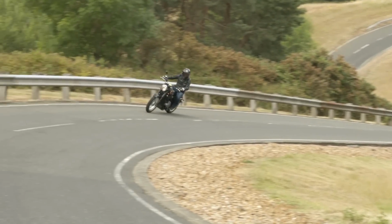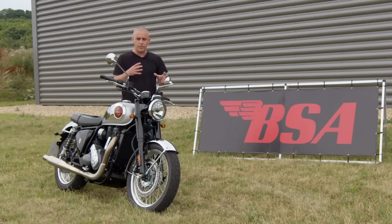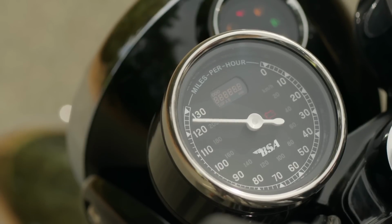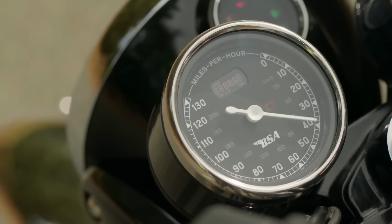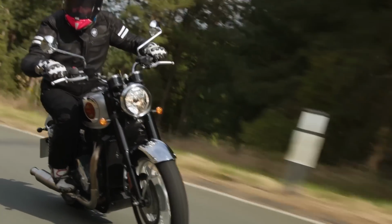It's very light. The gearbox is very direct. It's very easy to use, and all of that translates into a feel that you could get on this bike never having ridden a classic bike, and it would just feel like any other modern bike on the market. That might upset some of the purists, because has it lost some of that actual classic bike character? I think it has, but to really progress into the modern age,